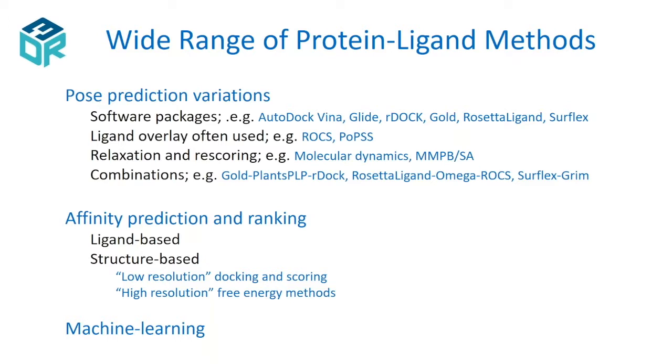Similarly, for affinity prediction and ranking, as opposed to pose prediction, there are ligand-based methods which are based not necessarily on the structure of the protein at all, but on what ligands are known to bind your target and how you can learn something from that to score a new set of ligands. And then within the structure-based set, of course, there were what one might call low-resolution docking type methods that are fast, and then higher resolution free energy methods, if you will. And another thing that's been kind of fun to see evolve is the emergence of machine learning technologies in a number of these submissions. And I think that's going to be another interesting theme going forward.